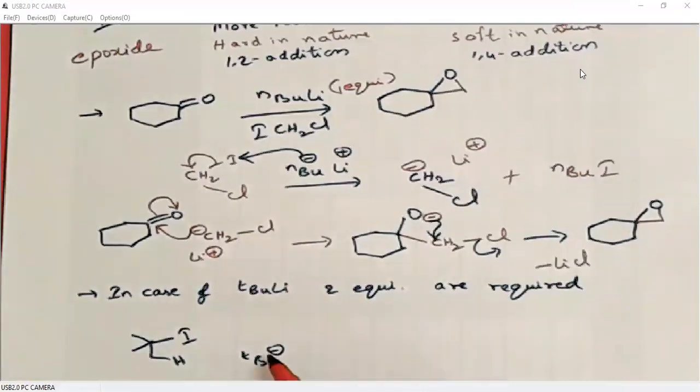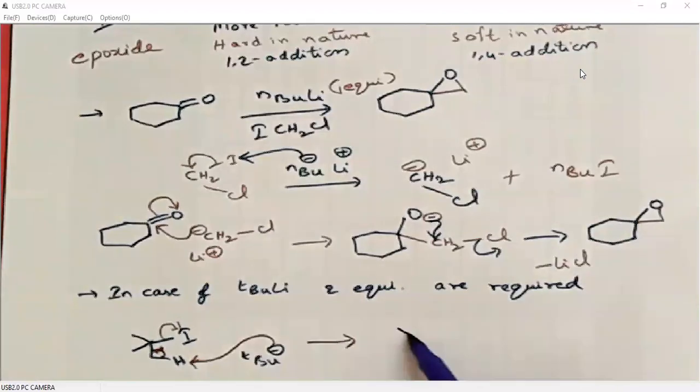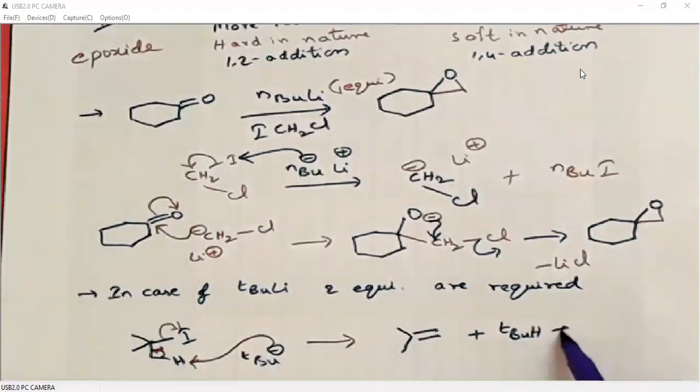Right. So this tertiary butyl anion will take this proton. It is just a dehydrohalogenation. When we have a haloalkane and we treat it with a strong base, what happens? It generates an alkene, right? So it is the same reaction. Tertiary butyl anion will take this proton, the bonding electrons will be polarized to form a carbon-carbon double bond, then iodide will be leaving. So we are generating an alkene plus tertiary butane plus iodide.